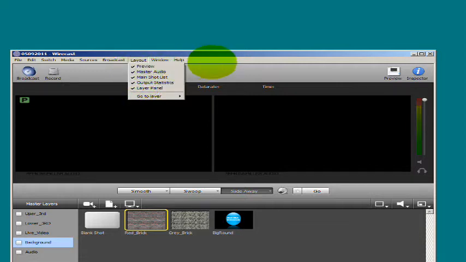Now, Wirecast is a program that lets you stream your webcam to different websites from the internet. Ustream, Justin TV, and others. And you can also record to your hard drive when you're locally on your computer. And if you understand how layers work, like in Photoshop, you won't have any trouble getting familiar with